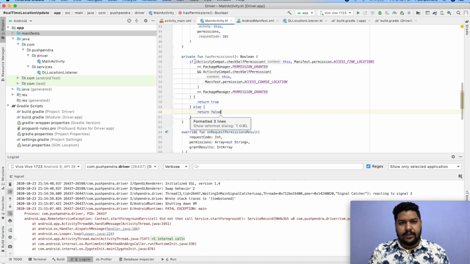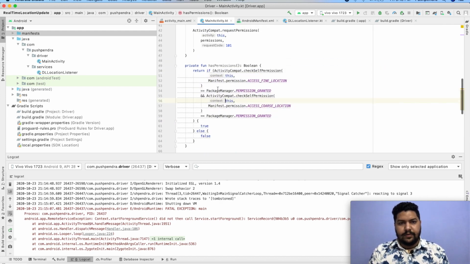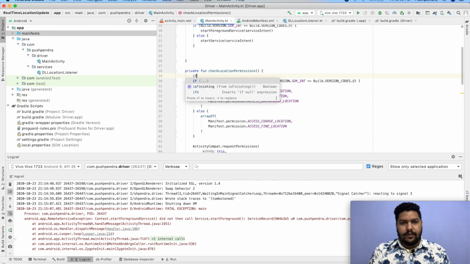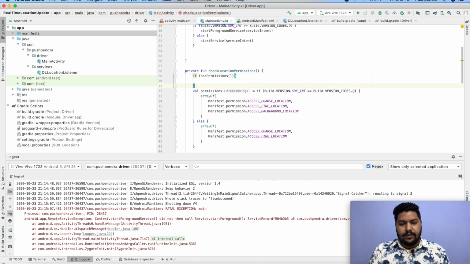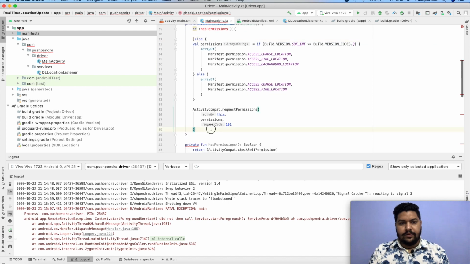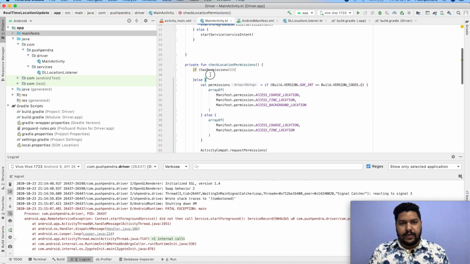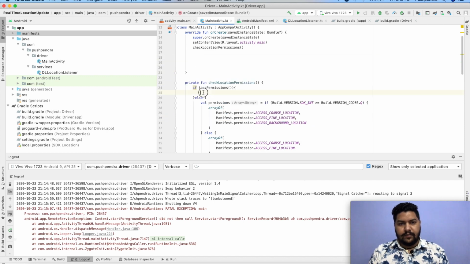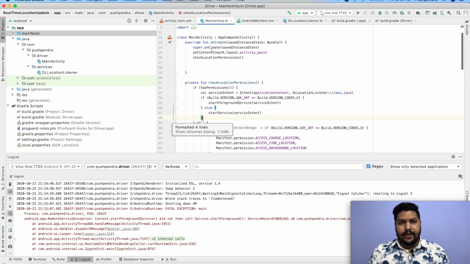Okay, this function will let us know whether the permissions are there or not. So if has permission, else the same code will execute, and if has permission, then we will call this from here. Now from here check permissions.